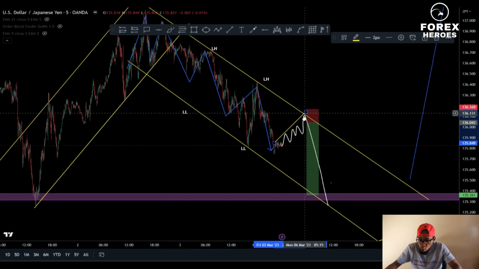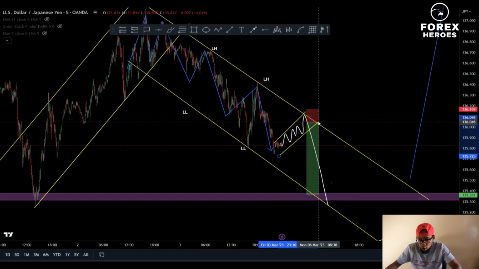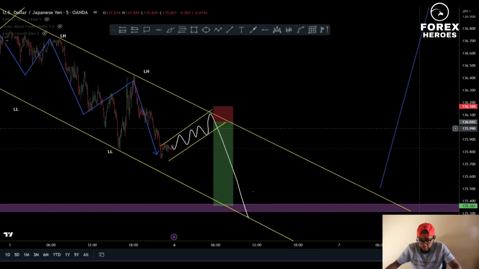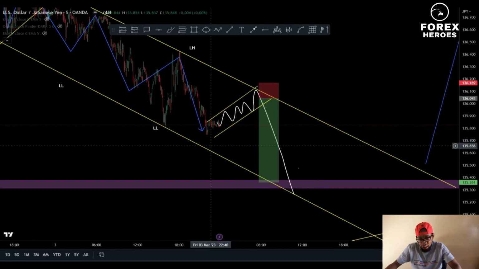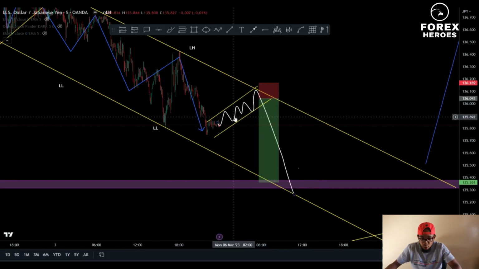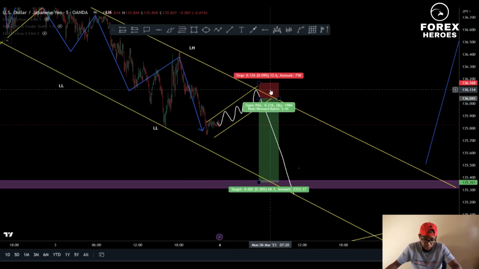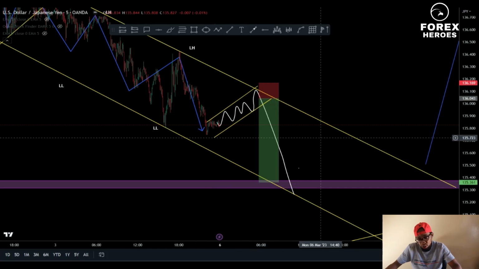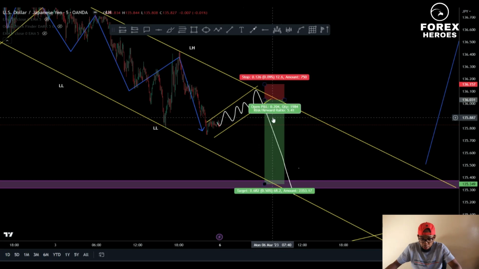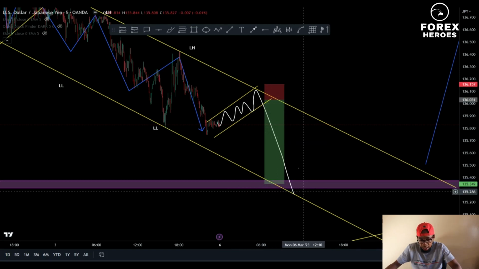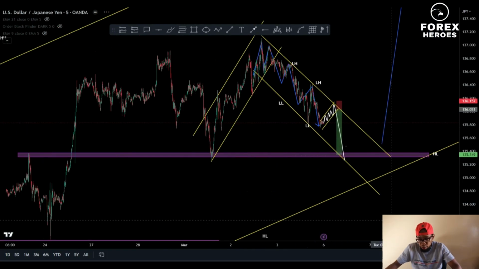So know what you are trading. Are you trading a correction or are you trading an impulse move? With this instance, I know that on a bigger time frame this is a correction, but this one we are having what? A correction inside a correction, but they are the opposite. This is a correction to the upside, this is a correction to the downside. So you clearly see that once the market breaks here, we expect the market to push further to the downside for the last time, or it has a chance of pushing further down.